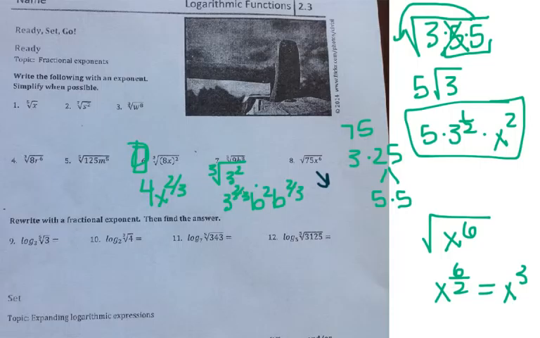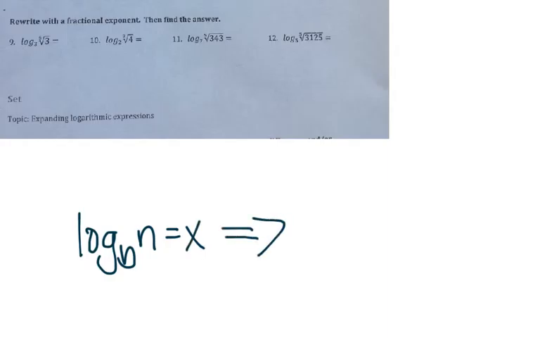Alright, well there's all of those ones. Now, 9, 10, 11, and 12 are just rewriting with a fractional exponent. So we're just rewriting. Remember the rule: log base b of the number n equals x, and that becomes an exponent in the base, b to the x power equals n. So, if we're thinking about this one,